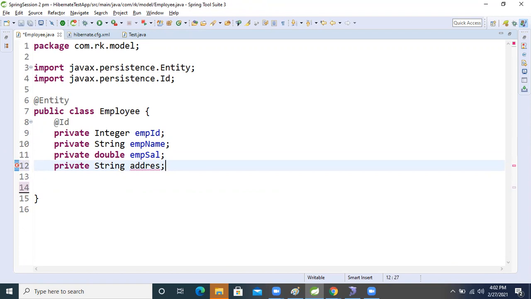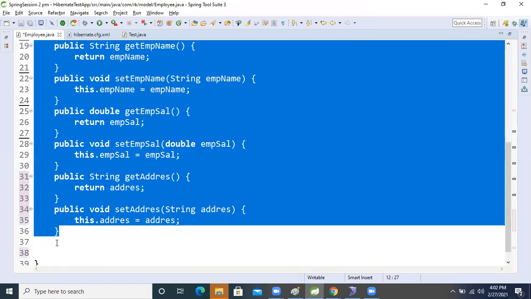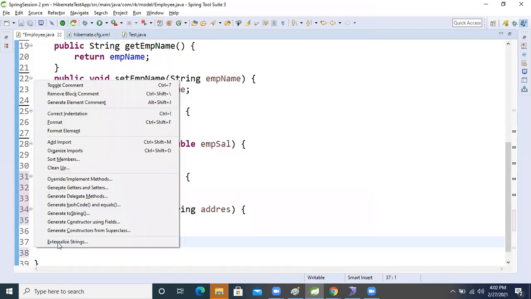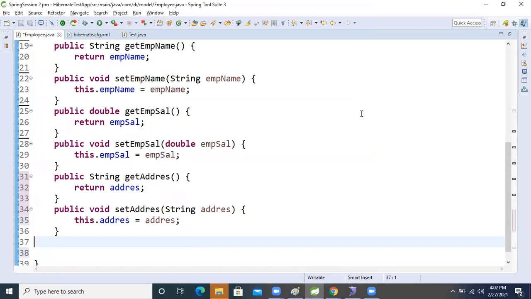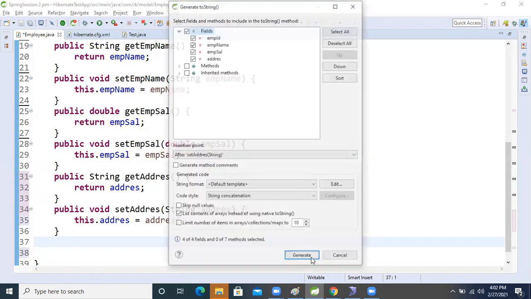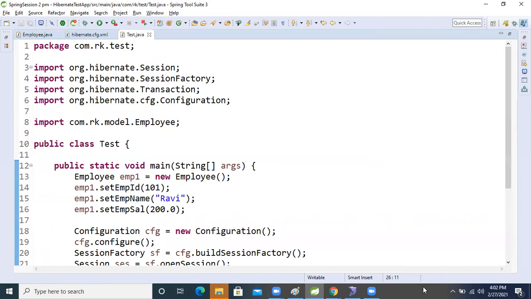Alt Shift S plus R, select all, generate setter and getter methods. Fine. Now run this application.